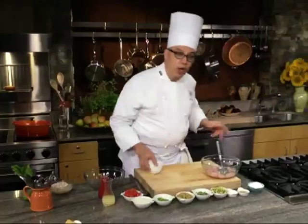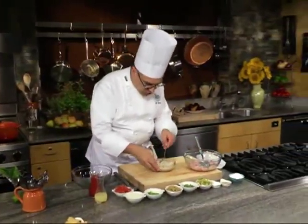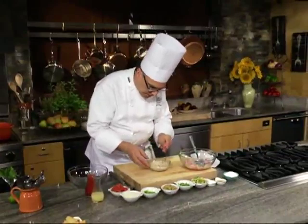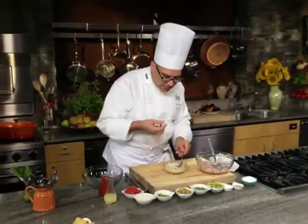And while that's cooking in lime juice, I'm going to show you the fish that I've had in lime juice for about 20 minutes or half an hour. You can see it's sort of shrunk up. It gives off a lot of liquid. And if I were to taste this,